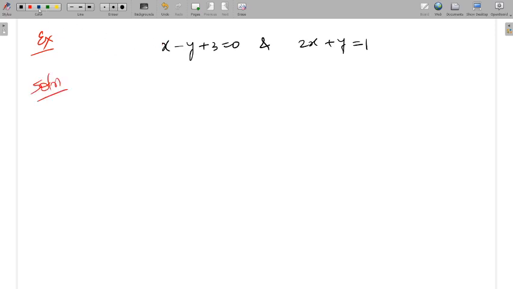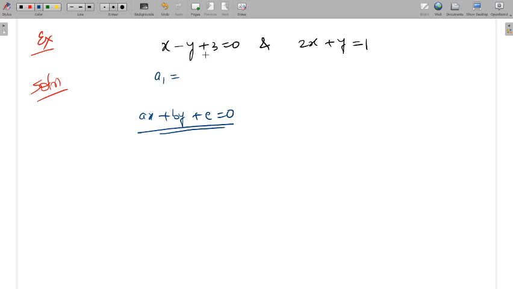First, look at the coefficients. So first see if these equations they are written in this form: ax plus by plus c is equal to 0. So first you have to be confirmed with these lines being in this form. Okay. Now see, a1 is what? A1 is 1 here, because it is in this form.